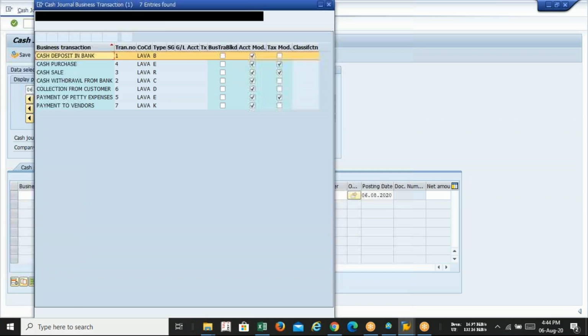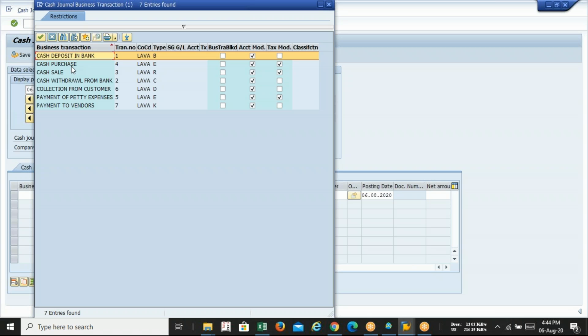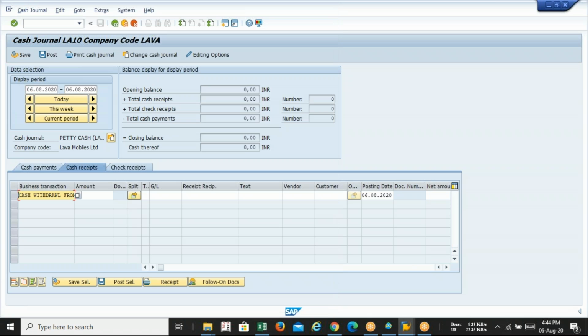I have already created this one: cash withdrawn from bank for business use. Okay. How much amount? It's petty cash, no? So the amount must not exceed 10,000. Selecting 10,000. Now tell me the GL. So here we have to use the bank GL. So if I select bank GL, it will be my incoming GL or outgoing GL.